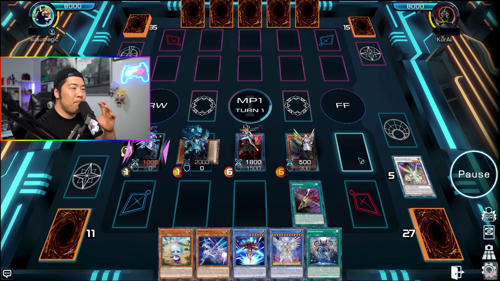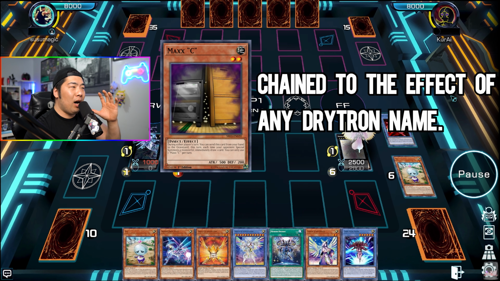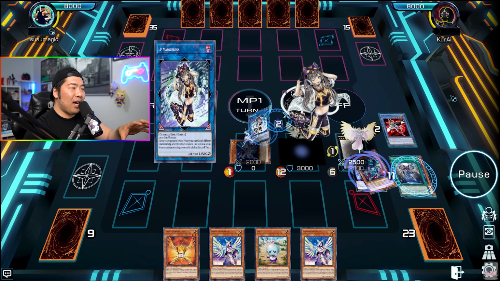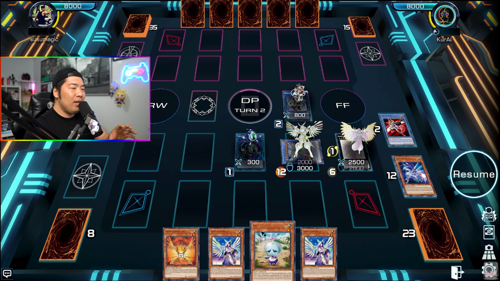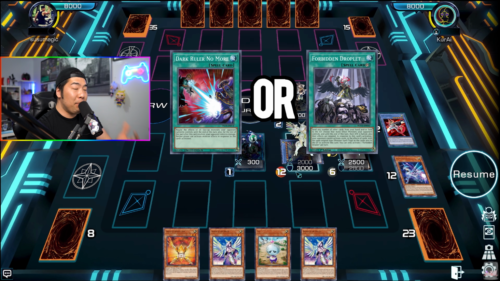So generally, Max C should have been something that was chained way early on into the combo, chained to Alpha Thuban as well. So generally, by this time, you're already drawing 1 million cards. And if you're here and your opponent has ended their combo and they're going to end up having 6 negates, right? By the time they finish their combo, they would have summoned about 10 to 15 times, meaning that you most definitely should have drawn Dark Ruler No More, Forbidden Droplets, or some semblance of a Kaiju to